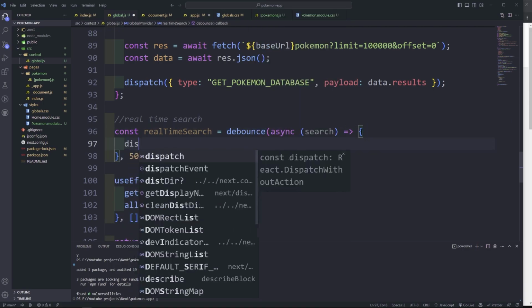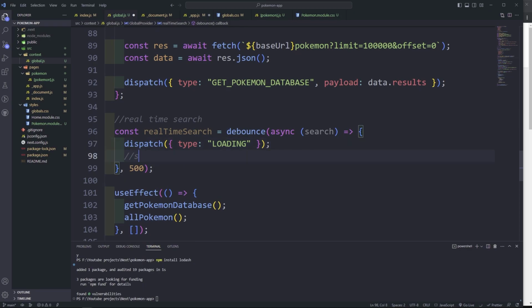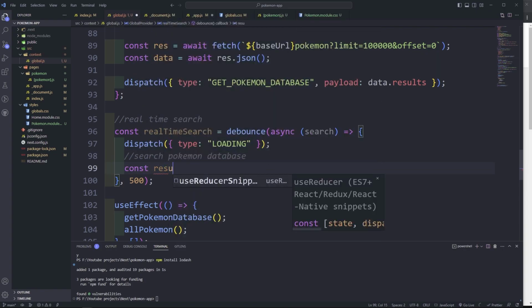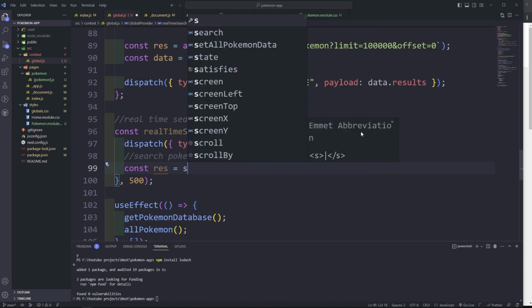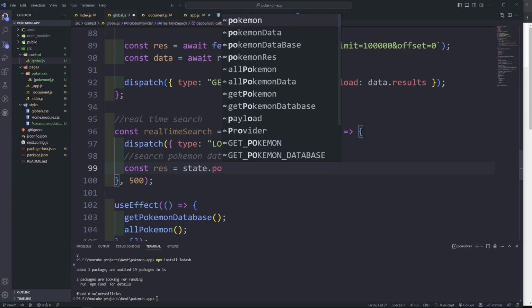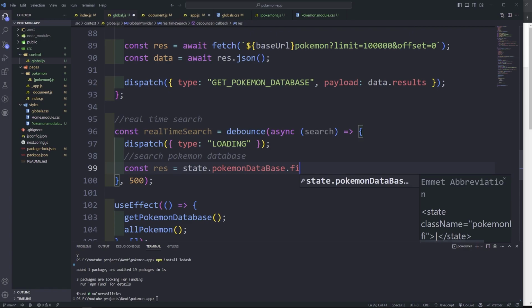So now in this case, I'm going to dispatch loading, search Pokemon database. So what I'm going to do, I'm going to say const results. For the results, I'm going to filter in the Pokemon database and show whatever items include whatever we type in the input. So we're filtering the database, res equal to state.Pokemon database, and then we're going to filter,